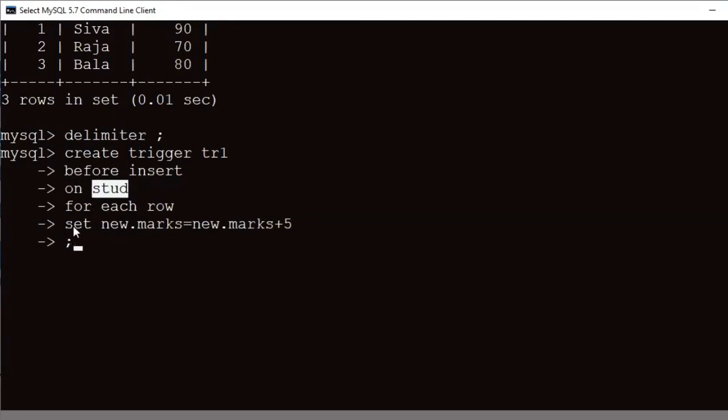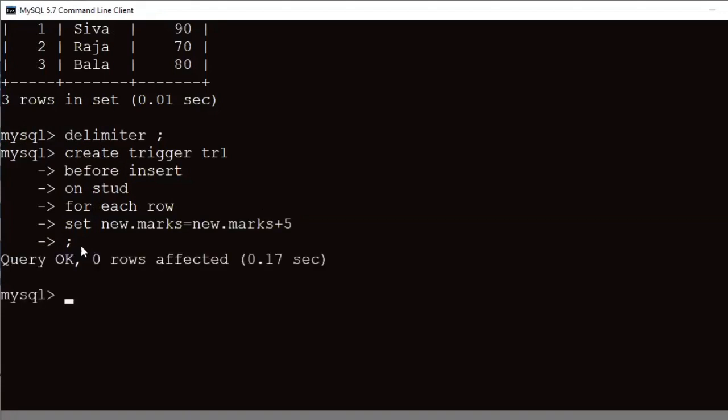That is, before insertion of the record, you need to perform the following operation. Here the operation is an addition operation, addition of 5 with the existing data. Enter. So the trigger is created.